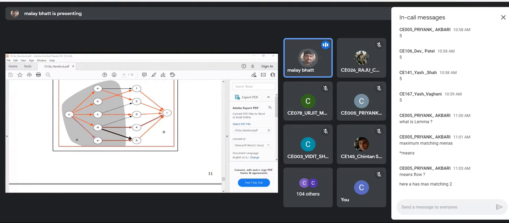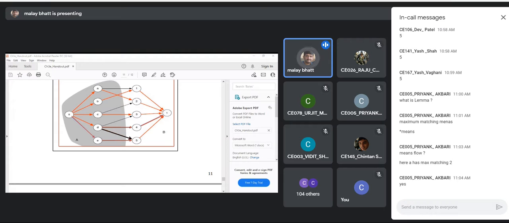Whatever is the maximum flow value, that is the maximum matching. A is linked with 2 nodes, 1 and 2. A can do 2 tasks, 1 and 2, but you cannot use A for both tasks. You can either assign A task 1 or task 2. But if you assign A to task 1, then there will be a problem. You cannot assign anything to B. Are you getting this? So it will not generate a maximum matching.